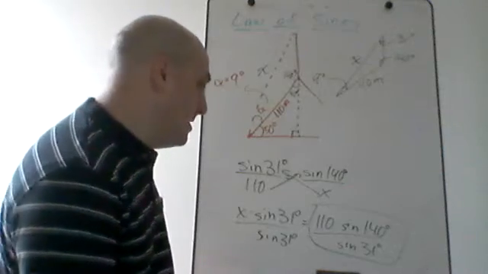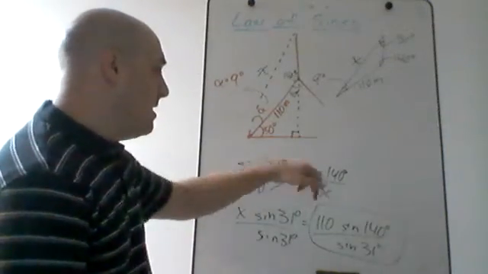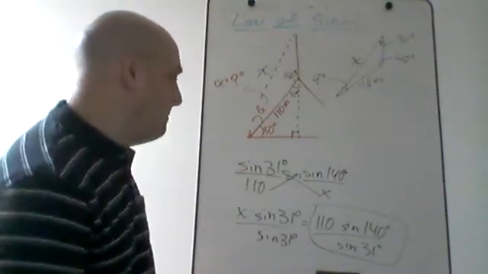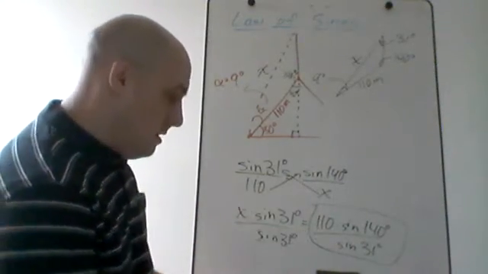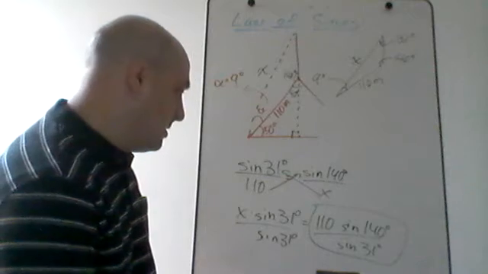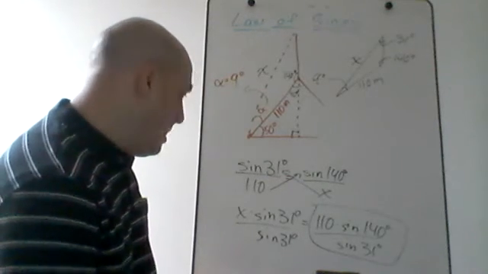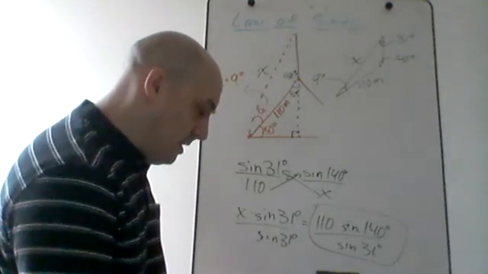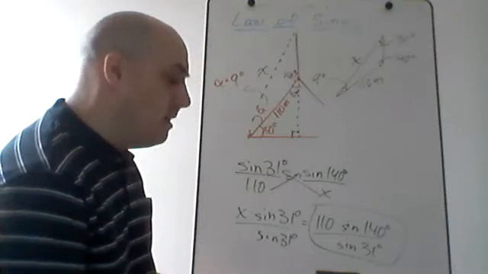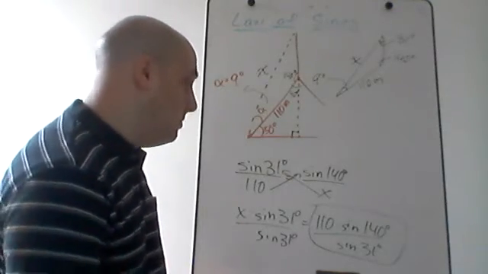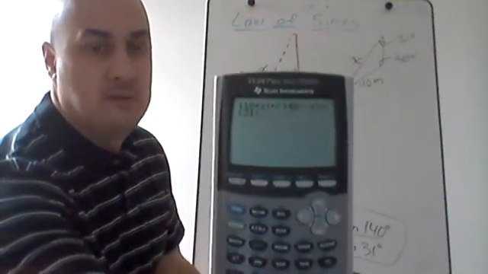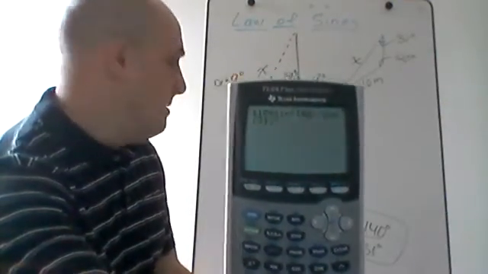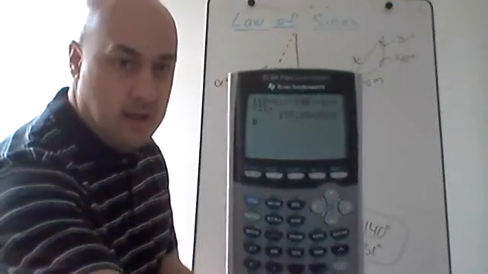Pay attention to those little details. If you can set it up correctly, it's not so bad from there. Like I said, it's basically the same thing each time. Right, so x is going to equal 110 times the sine of 140 degrees divided by the sine of 31 degrees, and I probably, before I hit enter, check that my calculator is in degree mode, which it is. So here's what I type in: 110 times sine of 140, close parentheses, divided by sine of 31, hit enter, and I get